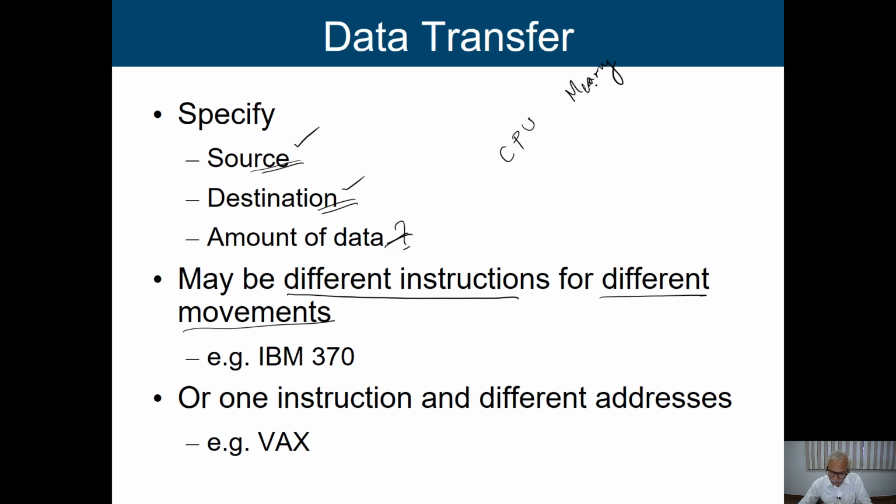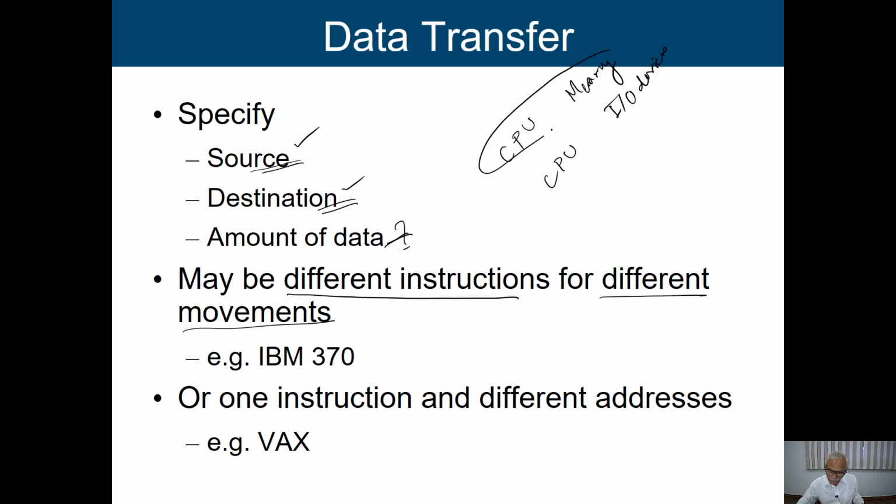So we are going to transfer information from memory to the processor, or I can have the processor and say I/O devices. Okay, we are going to transfer some information from processor to output devices, or from input device to the processor. So we can say these are the different movements.